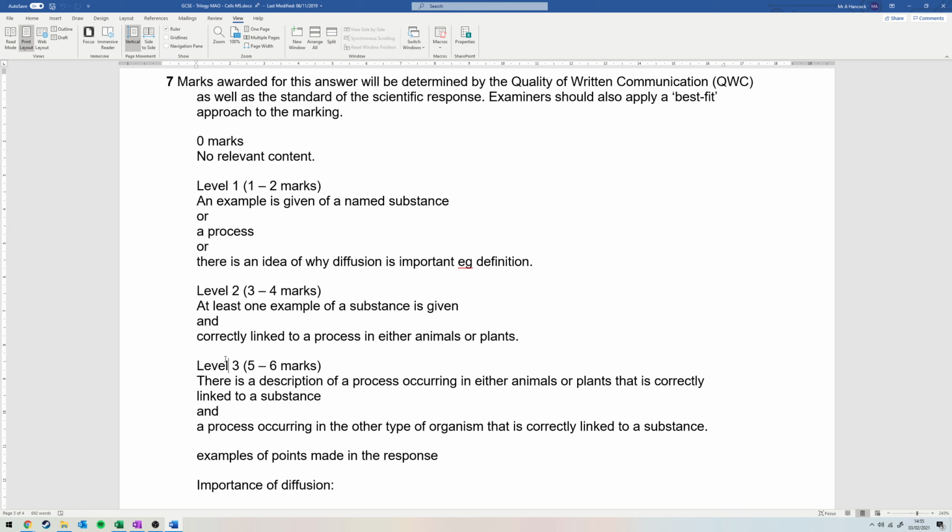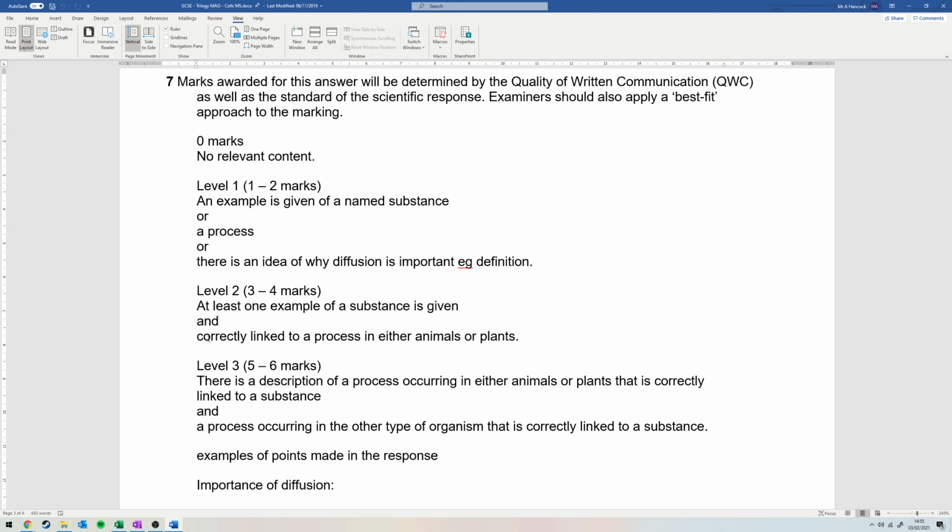So if you said oxygen is a substance that is needed for diffusion in animals, you'd get a mark because it's a level 1 answer. If you went into more detail, you might get 2. Now, if you gave one example of a substance and correctly linked it to a process in either animals or plants, so again, talking about oxygen, saying that oxygen is used for respiration in animals,